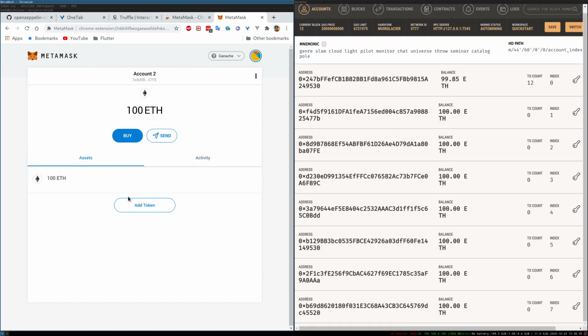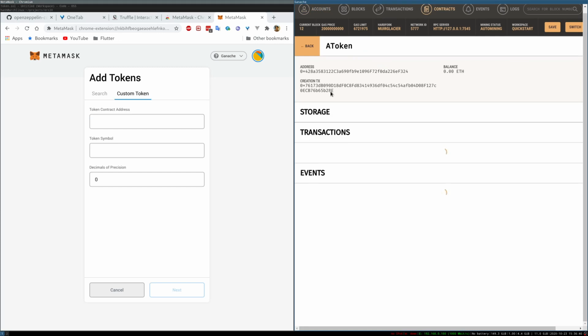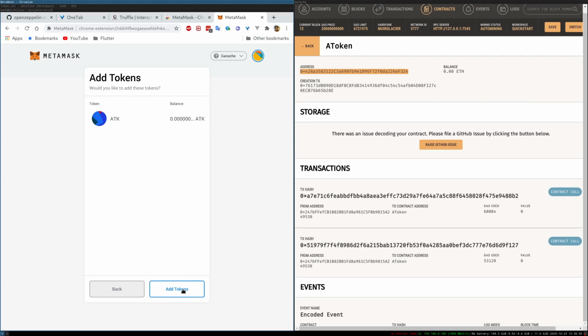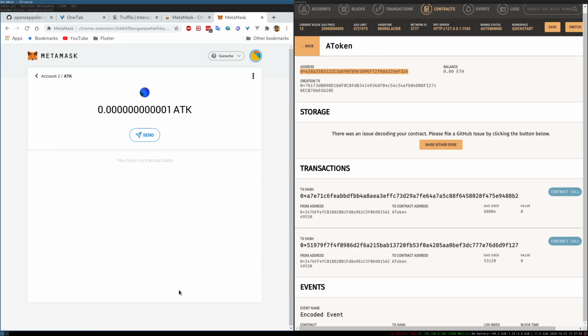So we also have to add the token again. It's a custom token, and that token is this address. Balance 0. That's pretty weird. Oh, sorry, custom token. This guy next. Add token. Huh. Well, we have one, but I think the problem is that our 1 million didn't take